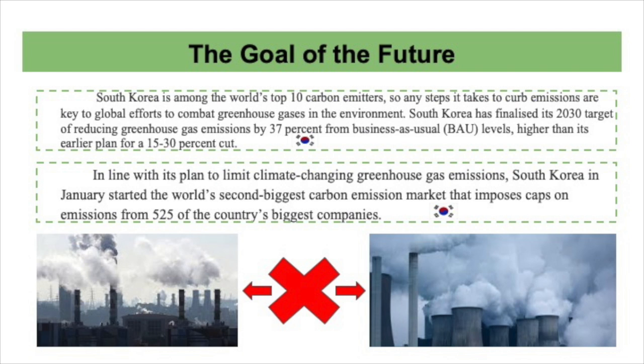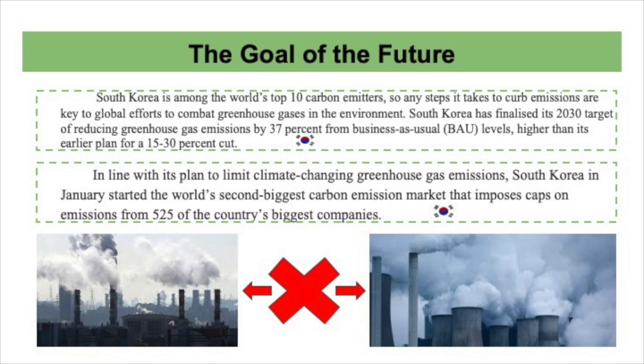South Korea has finalized its 2030 target of reducing greenhouse gas emissions by 37% from business as usual levels, higher than its earlier plan for a 15 to 30% cut. South Korea in January started the world's second biggest carbon emissions market and imposes caps on emissions from 525 of